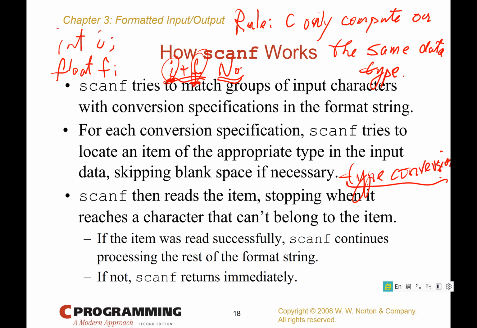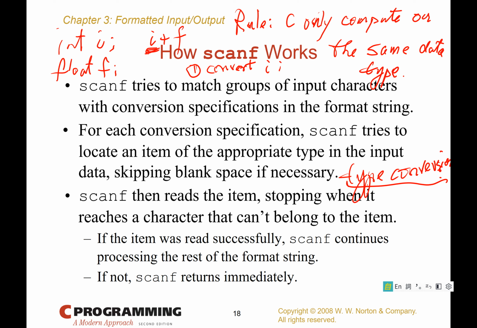In this case, you want to add I with F. Internally, it will change the data representation of I into float. First step, convert I